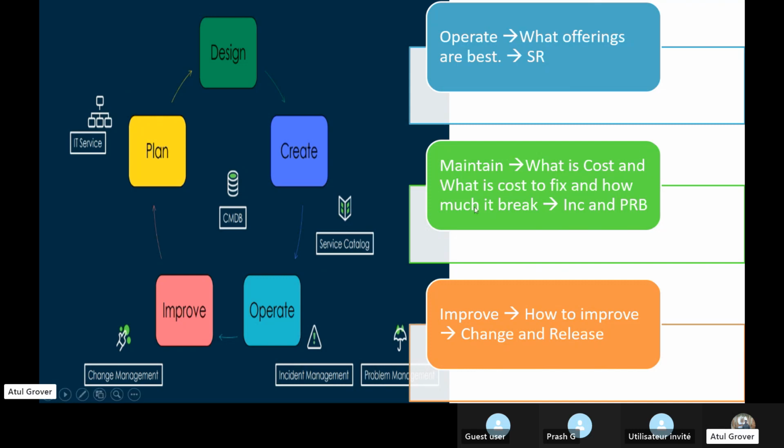This is maintenance. What is the cost to fix and how much does it break? Maybe when we work as a support guy in a company, for solving one incident it doesn't matter, we will do it tomorrow. But there is a cost associated with that incident.